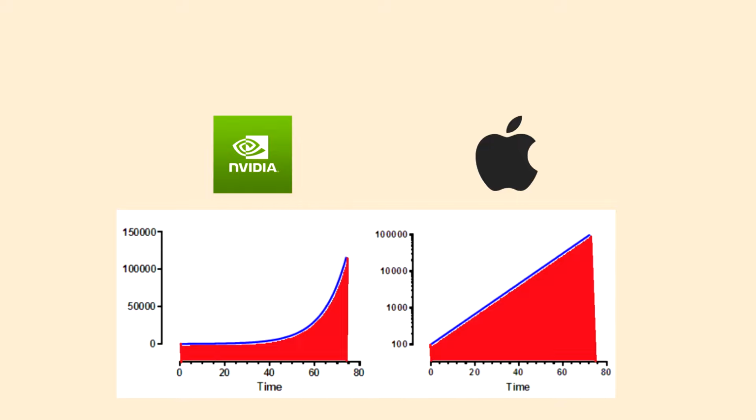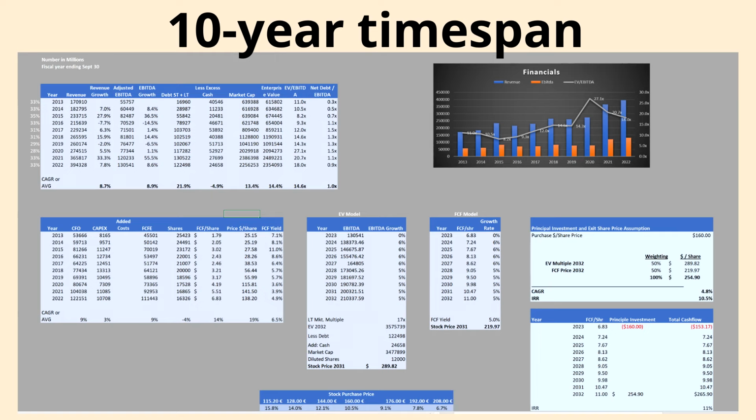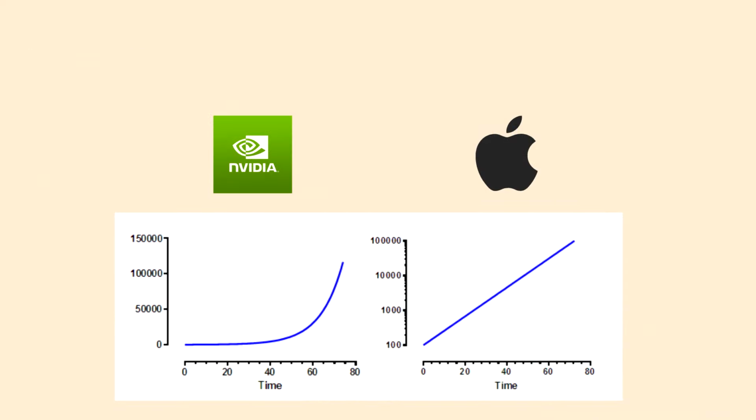And this is the reason whenever I look at a company, I look at the 10-year time span previously to see exactly what kind of multiples and what kind of growth I can expect. And then I try to project this into the next 10 years. Because the moment you look at Nvidia, for example, right now, their earnings compared to Apple are quite low. But if you look 10 years from now, you can expect Nvidia to really ramp up their earnings, which will also increase your return on the stock as well.